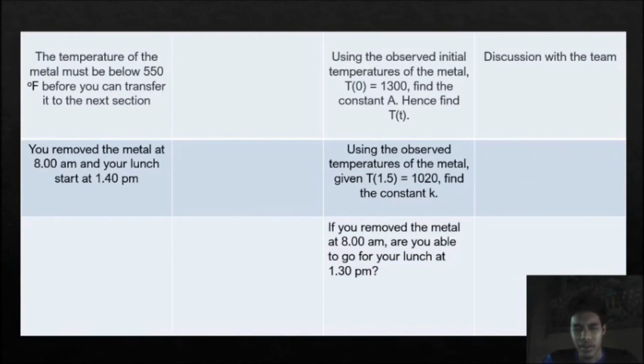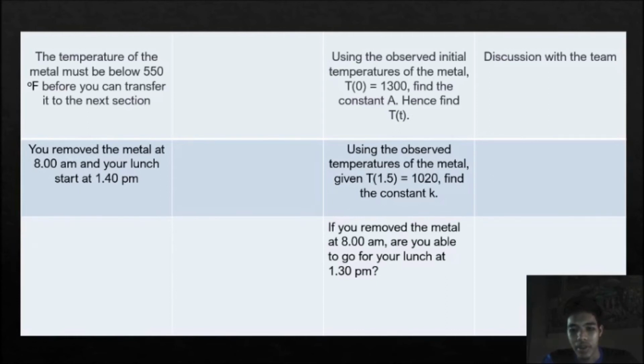The third learning outcome is, using the observed initial temperatures of the metal T0 equal to 1300, find the constant A. Hence, find T(t). The fourth, using the observed temperature of the metal given T(1.5) equal to 1020, find the constant k. The last learning outcome: if you remove the metal at 8 a.m., are you able to go for your